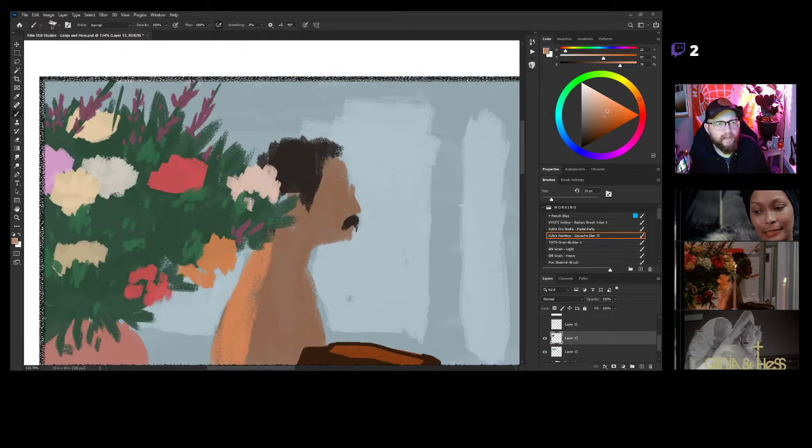There's a little tiny bit, but not as much of a highlight up here. Oops. Picked the same color. Maybe it is the same highlight. That's kind of too...